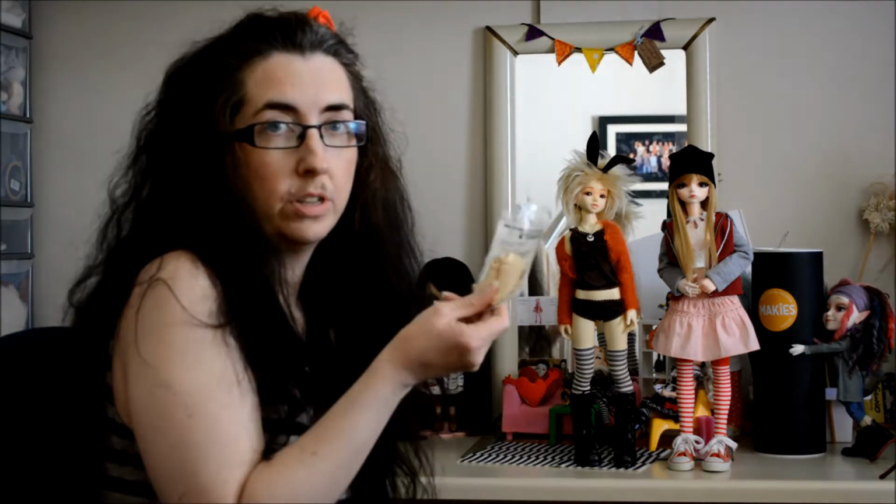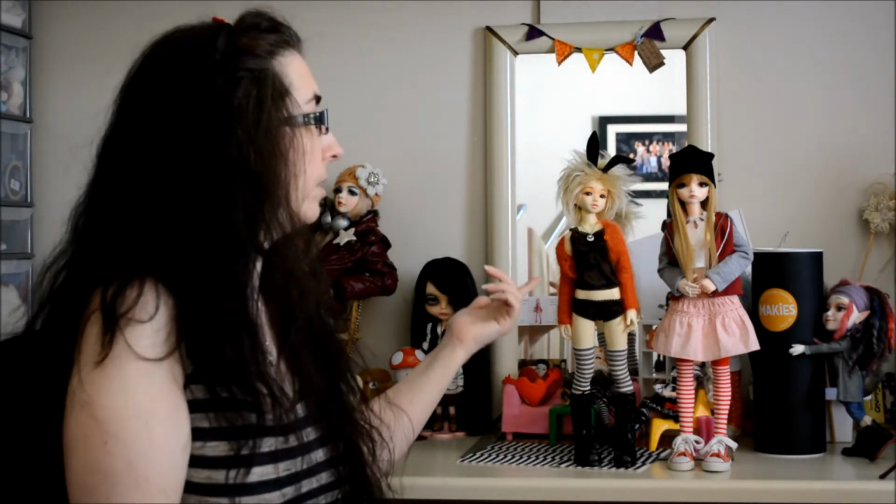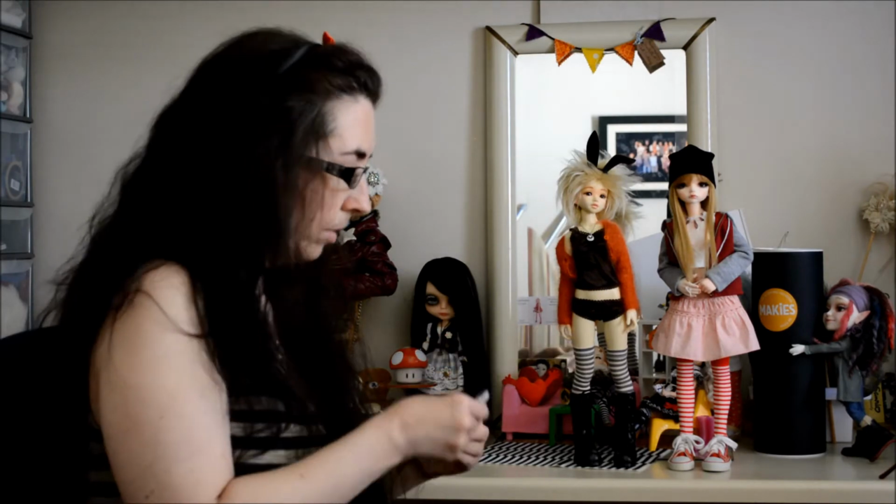I got the default feet for her that I've been waiting for because she can't stand. I don't know whether she's got even older style feet for a Yanoa, because she's like a 2003. The feet might be older, or even off a different doll, because she just can't stand in them. So now that I've got the default feet, which also,